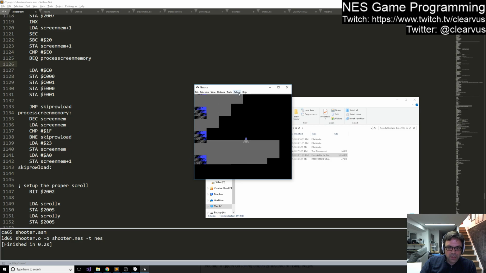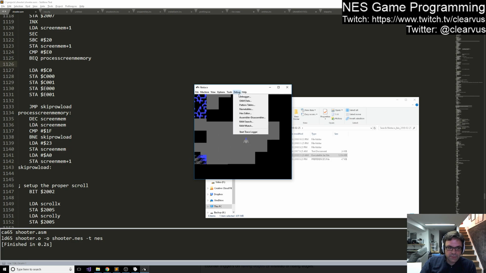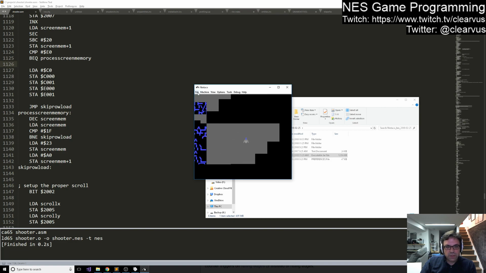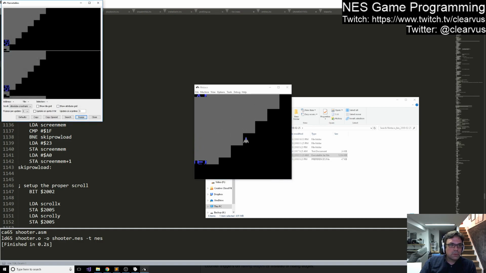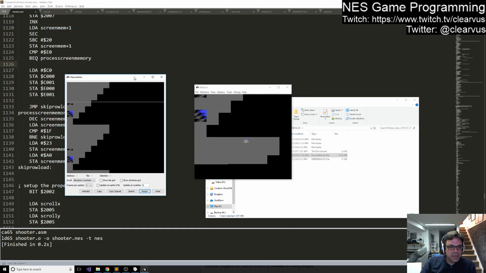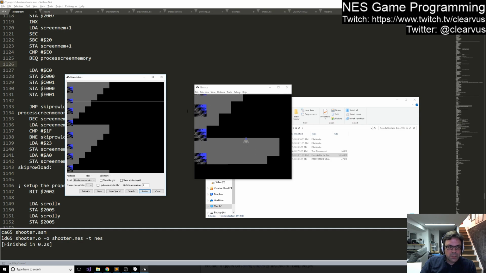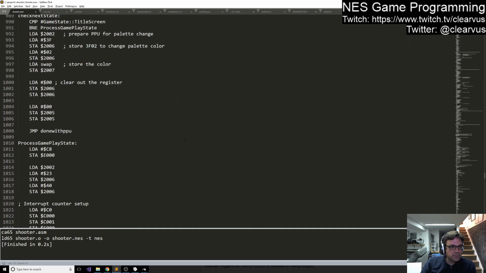So somewhere along the way, we broke the pause code somehow. Well, now that's really bizarre, because it's still loading tiles, but now the flicker is gone. So what's different about that? If the game state is paused,